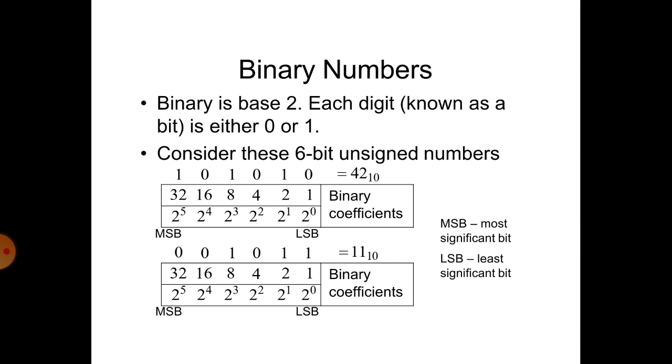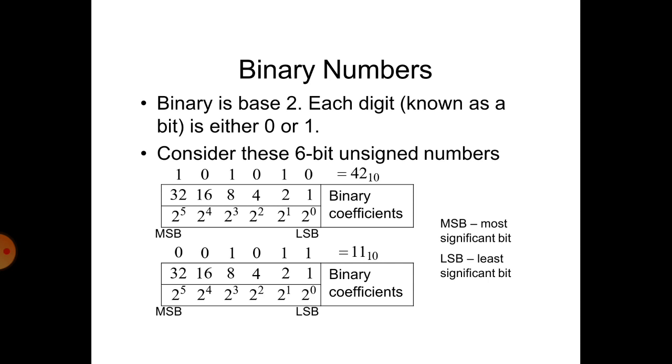So this slide shows that binary is base 2. Each digit, known as a bit, is either 0 or 1. Consider these 6-bit unsigned numbers. 42 to the base 10. So this is one decimal number. How to convert the decimal number into a binary number? The equivalent binary number for 42 is